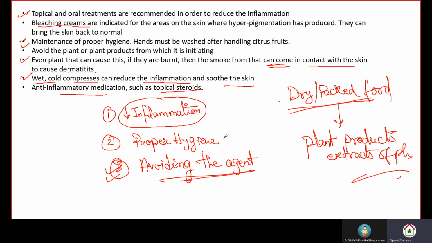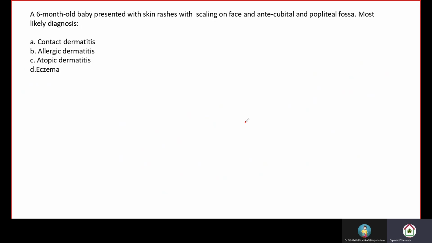Okay, and proper hygiene, washing of hands, and inflammation reduction by topical steroids, and also oral treatments. Oral steroids can be given. Then bleaching creams can be given. All these things. Okay. So next question: a 6-month-old baby presented with skin rashes with scaling on face and antecubital